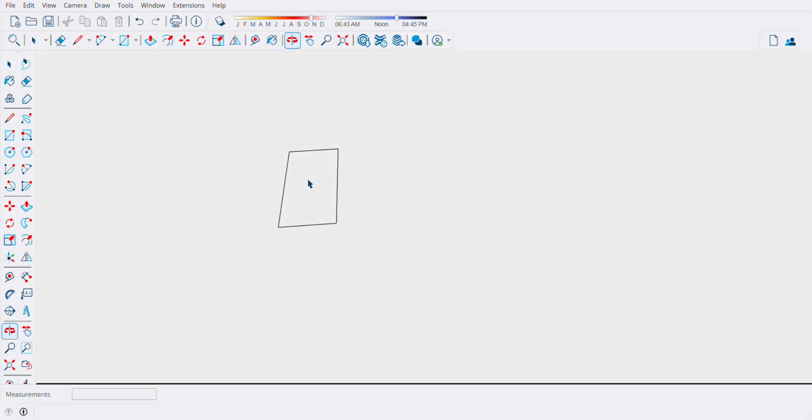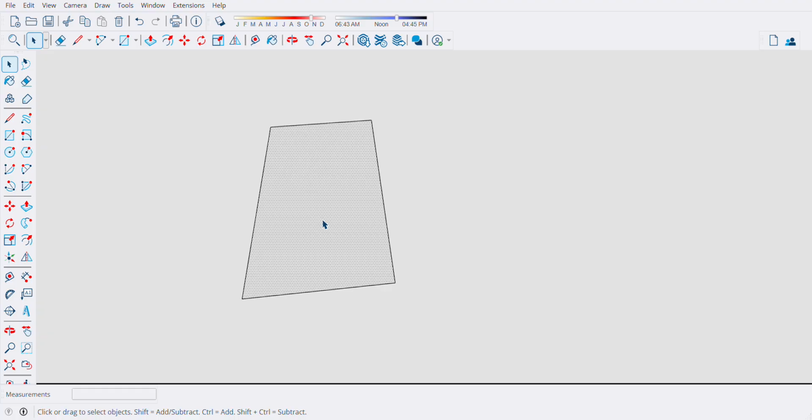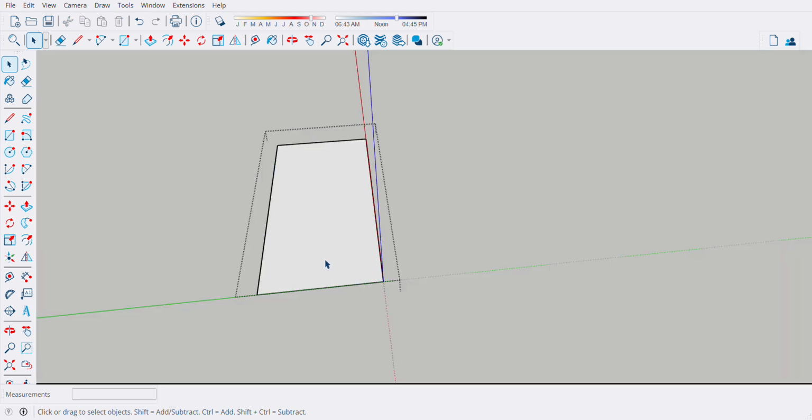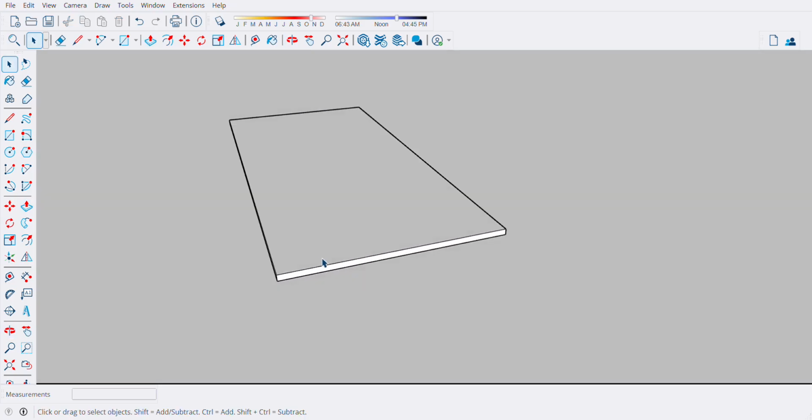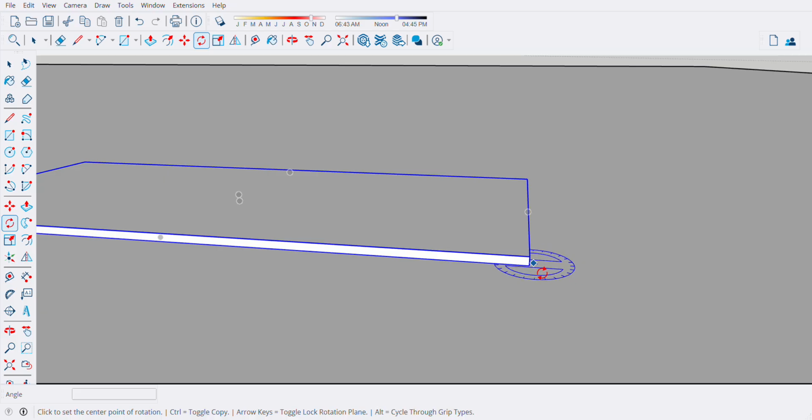Okay, this one, and this one we can group, and then pull to just 25. So we'll rotate this one.